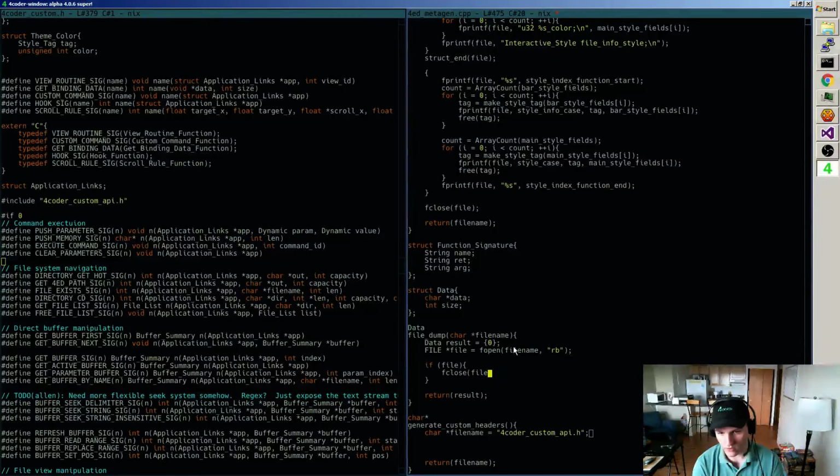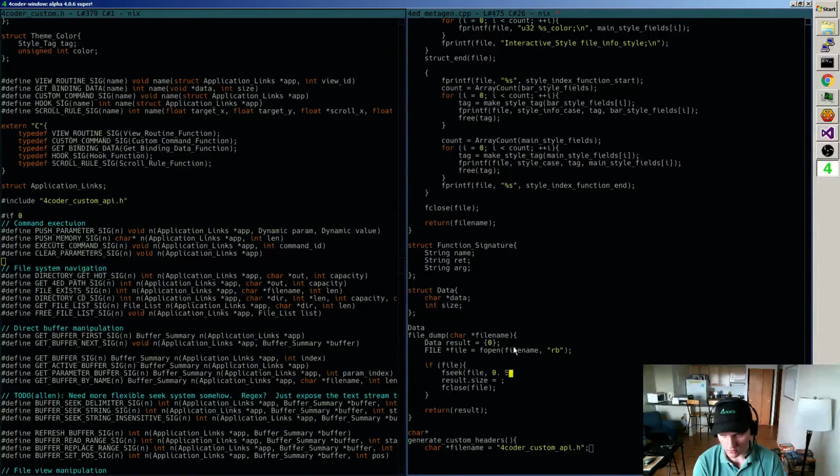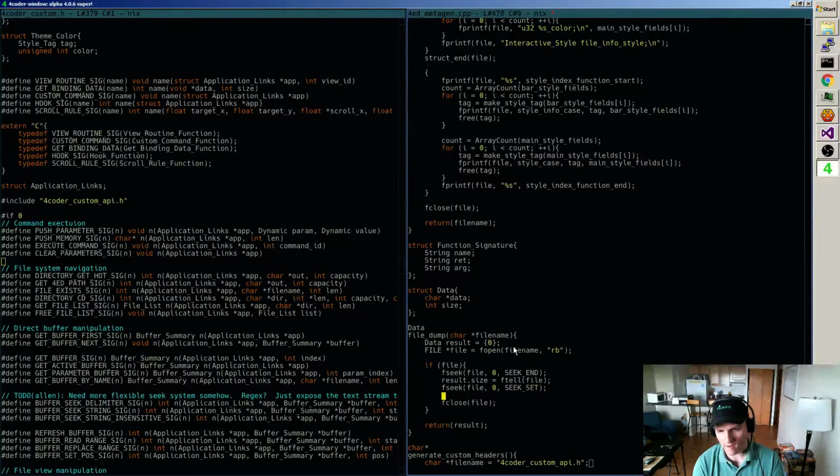one thing we need to do is close that file when we're done with it, and then result.size needs to be, well, okay, so first we need to fseek in the file to the end. Then we need to get the end position. Then we need to seek back to the beginning. And then what we need to do is malloc the memory.